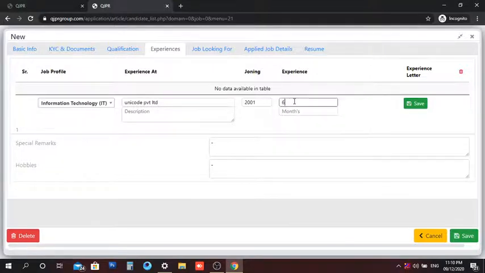So here you need to enter the year. So 6 years, 4 months. And next you can enter the details, special remarks and the hobbies and click save.